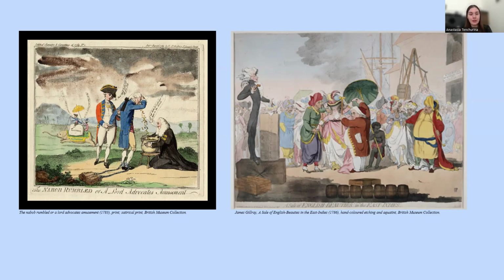However, Gillray transforms this social rarity into satire. It's deeply exaggerated. The language of sale is very crucial here. Women become commodities in a certain way, almost interchangeable with goods or luxuries. And again, marriage itself here is represented through some vocabulary of commerce, of exchange. And in my opinion, it's again a larger fear that was present at that time in 18th century Britain, that imperial wealth was trying to erode the traditional social and moral values of the country. And India was, in a certain way, morally